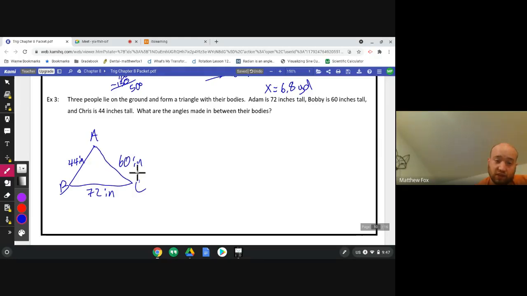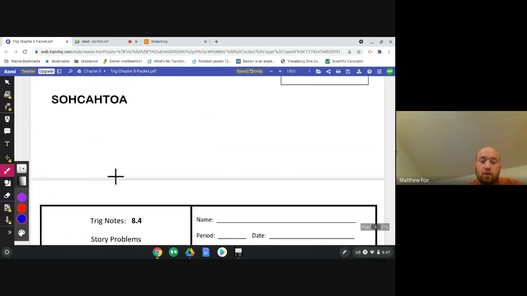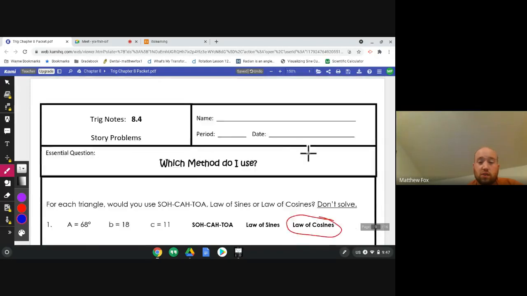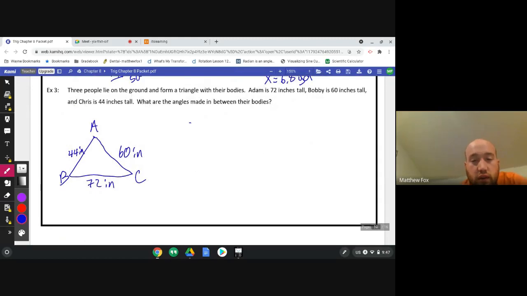We don't have any of the angles, but we do have all three sides, but our only option is the law of cosine, and we can use the method where we find the missing angle using the three sides, okay? So we're going to start with angle A. Now to do this, it's going to be the cosine of A equals, it's the other two sides, so not side A, so 44